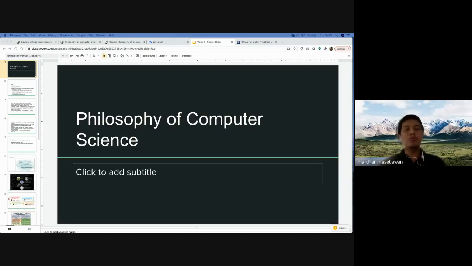Yep. So, okay, I will give you some explanation first about the background, or maybe some introduction about these courses. This course is called the philosophy of computer science, or in Indonesian, filsafat ilmu komputer. When we discuss the philosophy of computer science, it is a course designed for students to give some very fundamental and principal points of view when we learn, when we discuss, when we do something